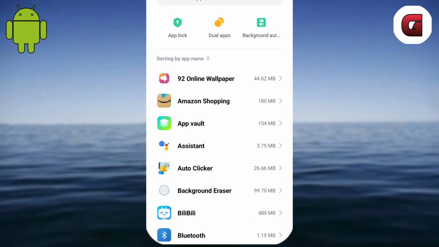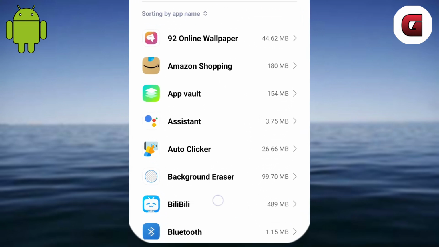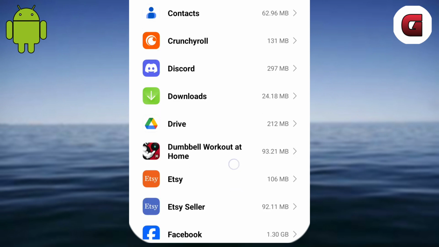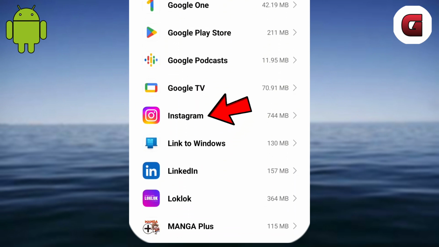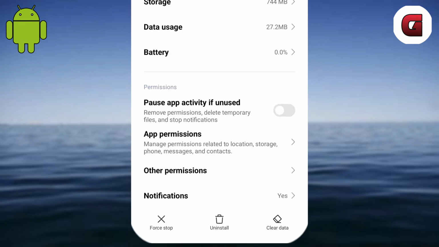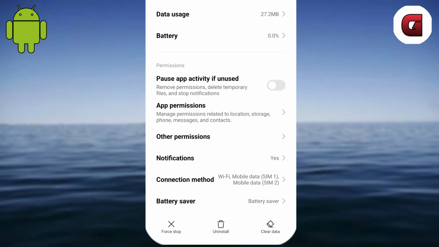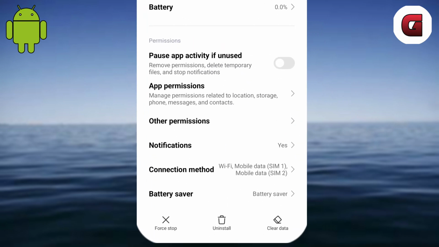And after that, you will now be able to see all the apps installed on your device, so just find the one that you want to mute the notifications. And once you've found the app, just go and tap it. And after that, scroll down until you are on the permissions section. Here in the permissions section, you will now be able to see the notifications option right here, so just